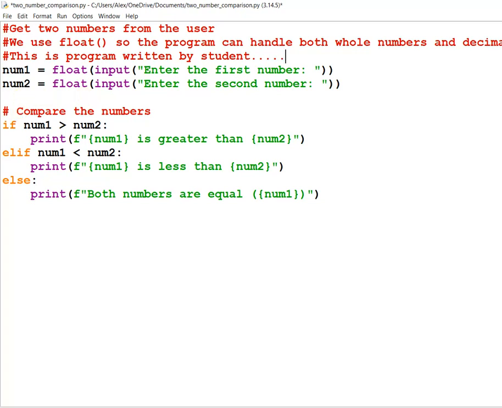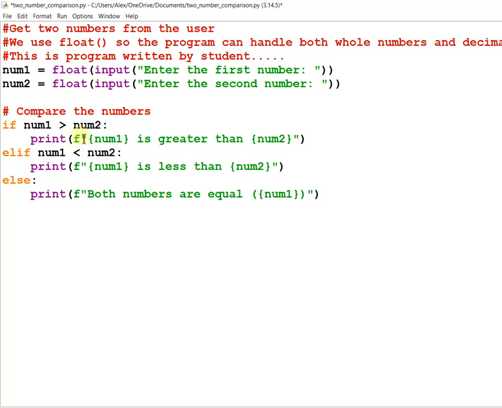Now here again a tagline is there: compare the numbers. We are not comparing the numbers only for greater. Most of the time I have seen students learn the program for only one, either finding the greater number or finding the smaller number. In this program both problems are solved. You never know what your teacher is expecting from you. So in future you can skip one also. If the question says compare the two numbers and find out which one is greater, it's okay. Wind up your program over there.